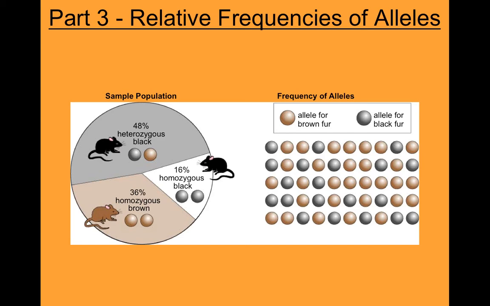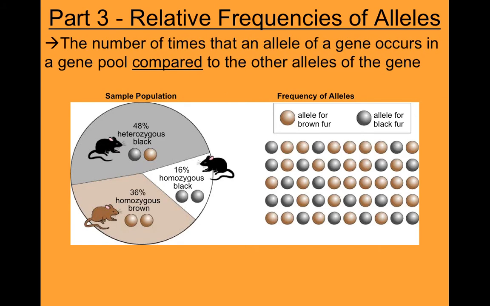of alleles. So this came up in a recent vocab word where they used to call it relative frequencies. Now they're calling it allele frequencies in the book, if that rings a bell. And this is something interesting. So it's looking at the number of times. That's the relative part. Comparing how many number of times. That's like in relation to other alleles. Okay, that's the compared part here. So relative is kind of going with the compared. So the number of times that an allele of a gene occurs in a gene pool compared to the other